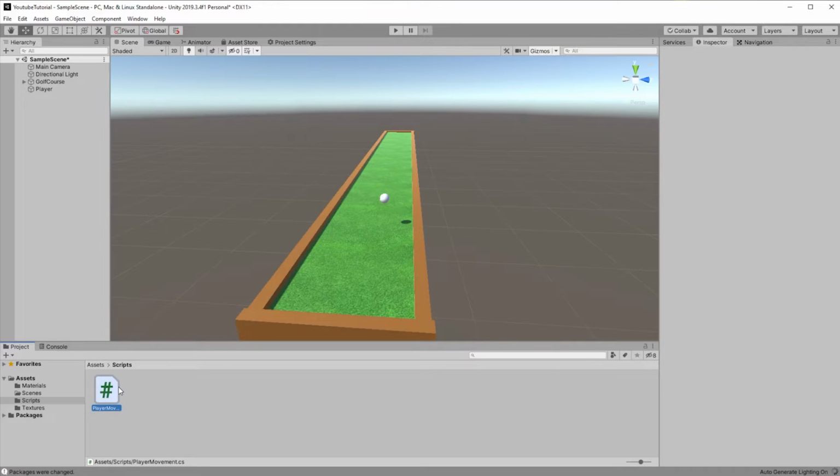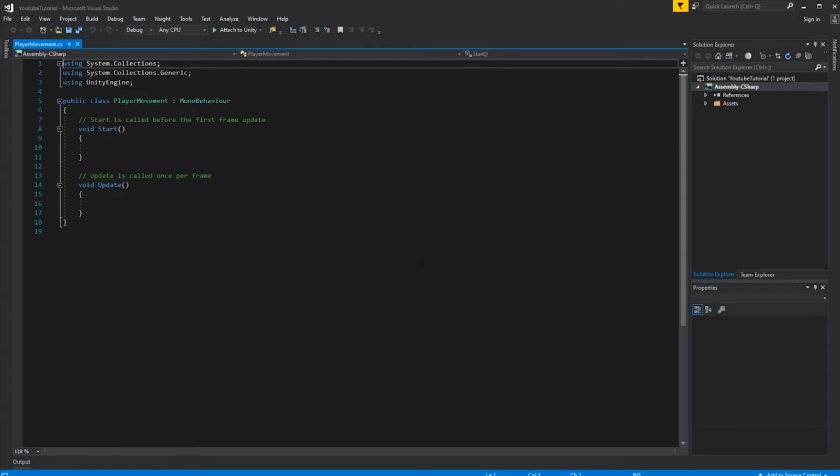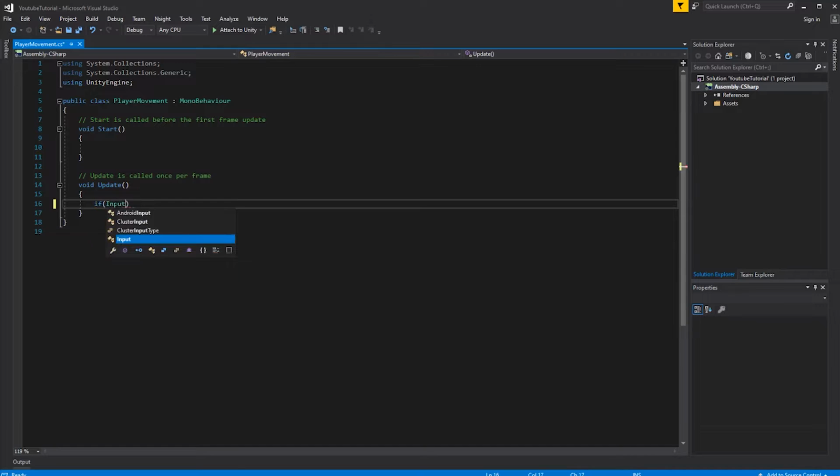And let's go. Today we are going to see if the player presses W or A or D to know what action the player must do. So we have to check if W is pressed.